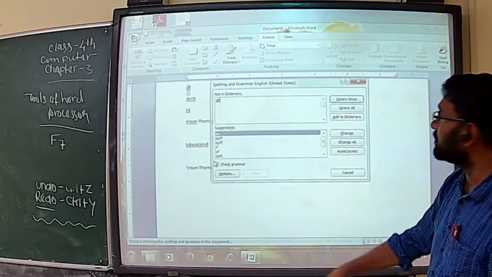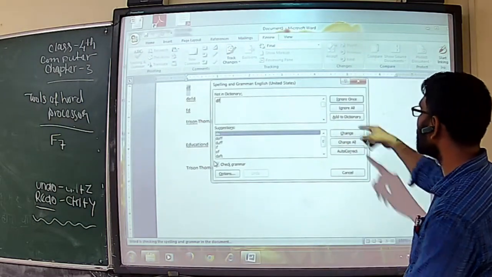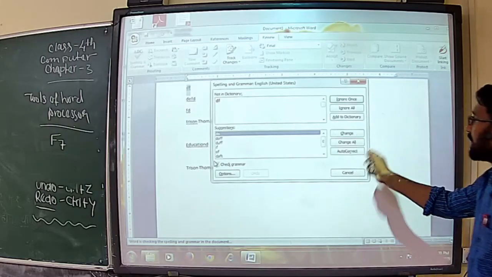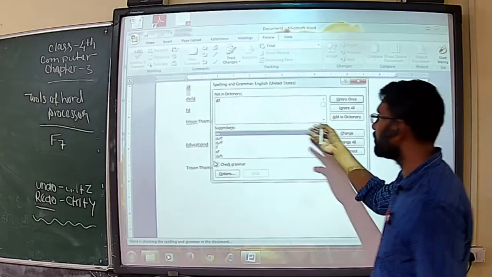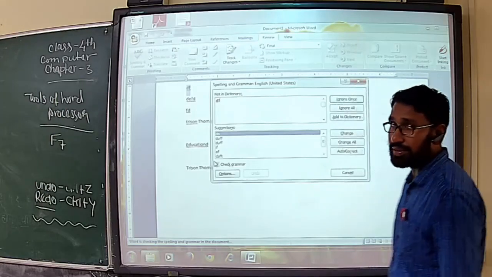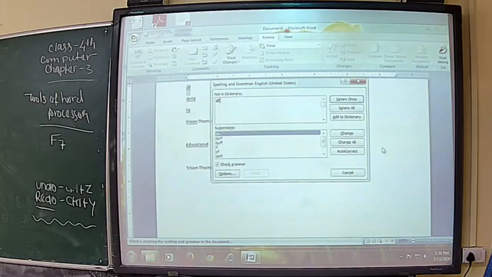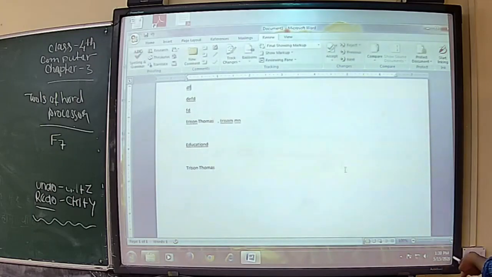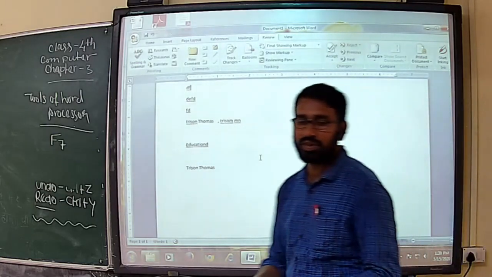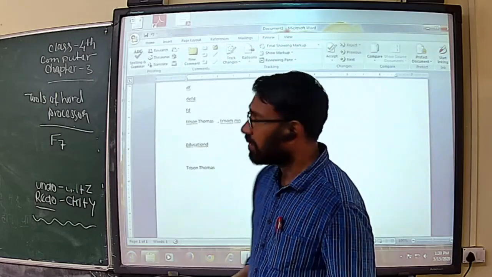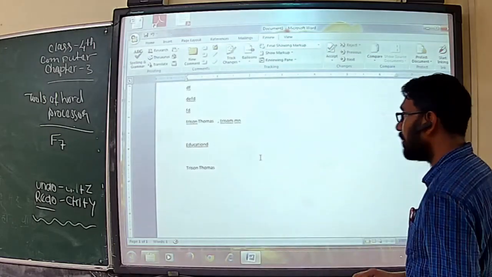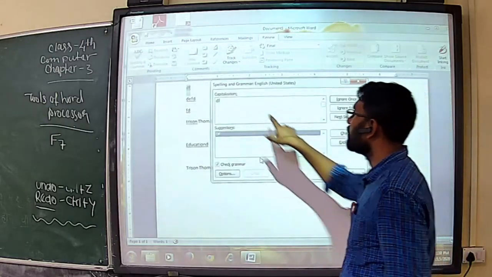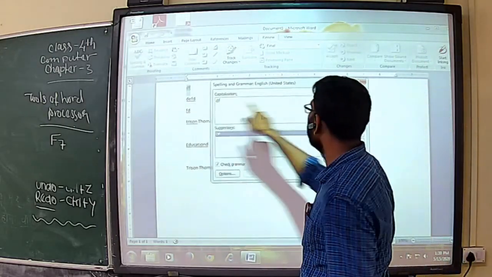See? So we can see suggestions, and ignore. Or we can change all, autocorrect option, whichever you want, we can choose that. Clear? Once we select ignore all, every place in the document where that text is selected gets ignored. Clear? So we want to learn what the buttons in ABC spelling are. So F7, the ignore once button: once we select the DF, we want to ignore it once, only that word.